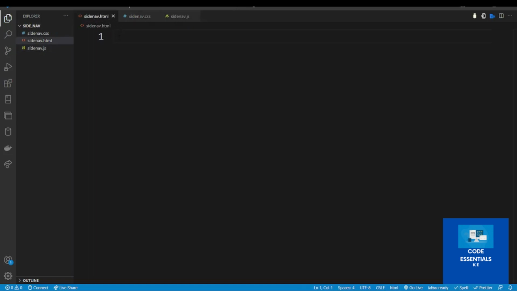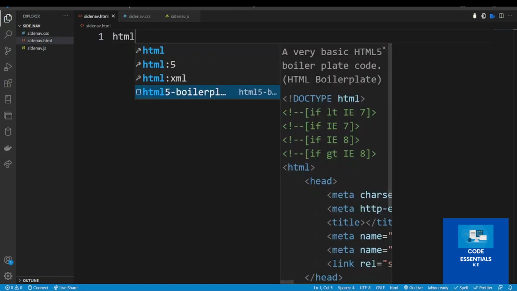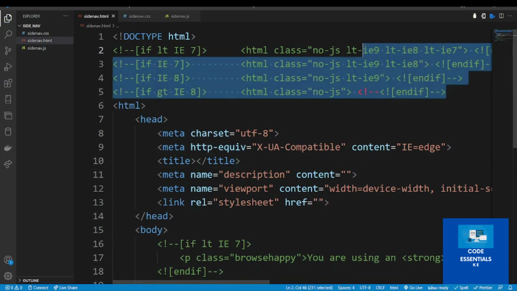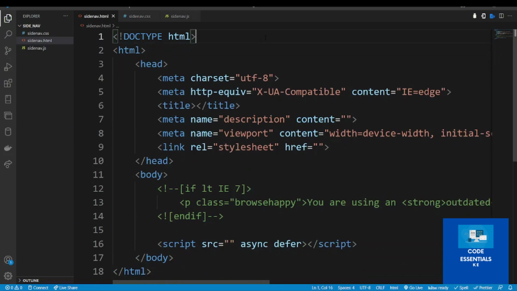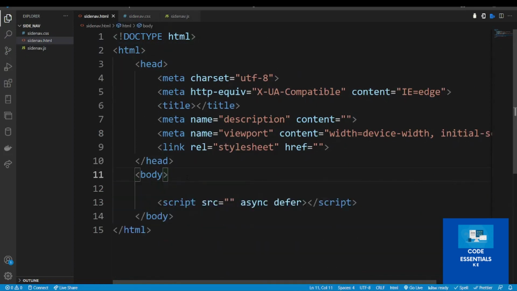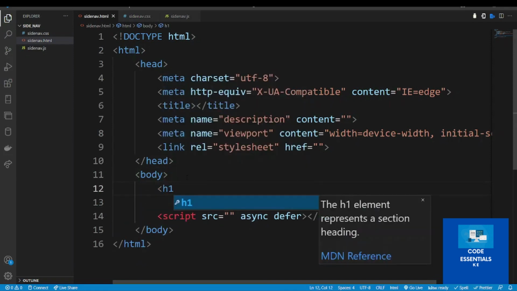Now back to my sidenav.html, I'm going to write HTML, then boilerplate to generate my HTML code. As you can see, I also have some commented code which we do not need. I'm going to delete them, and this one also. Now inside my body tag, I'm going to write an H1,